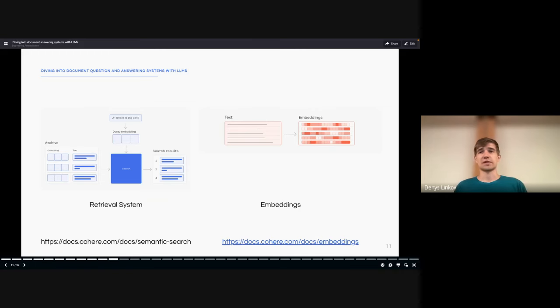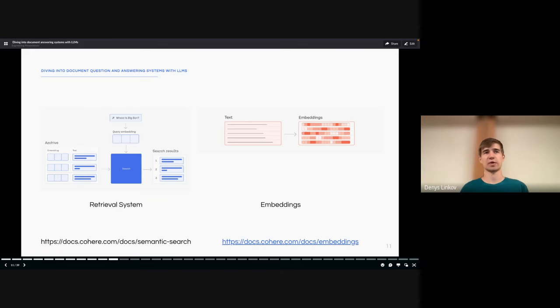Now, two concepts I wanted to touch on too are the actual retrieval system and embedding. Everybody's probably coming from a slightly different background on these topics, but starting off with the retrieval system, the core idea is that you have some kind of information that you have in a database, or in this case, they call it an archive. This is from Cohere's semantic search docs.